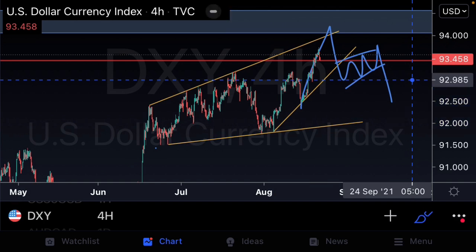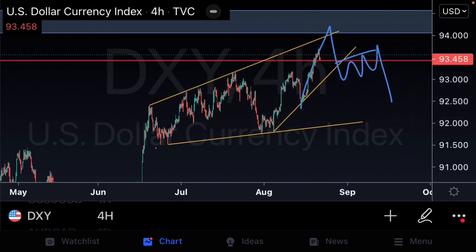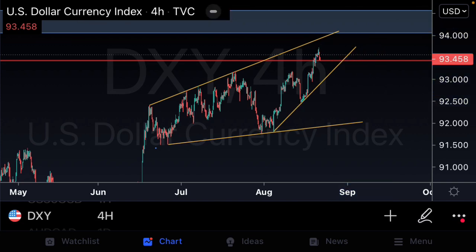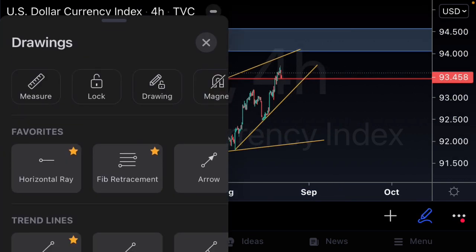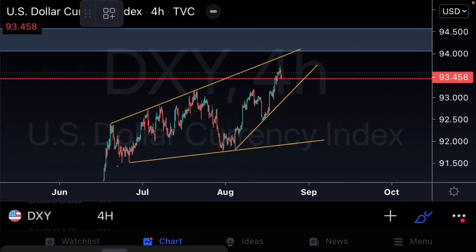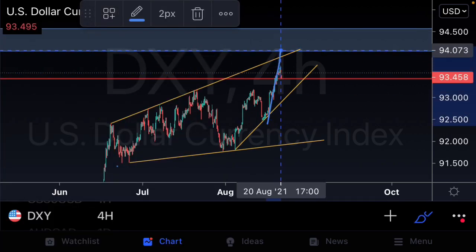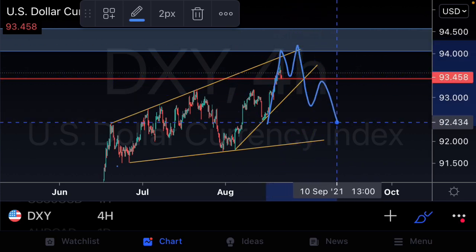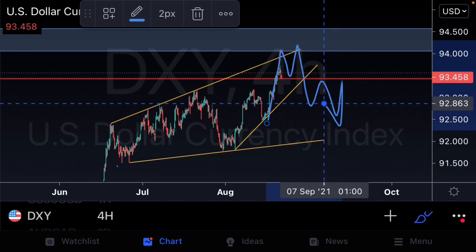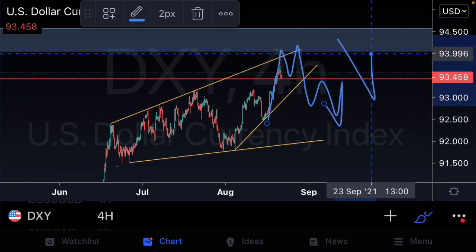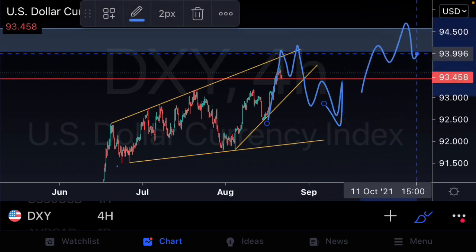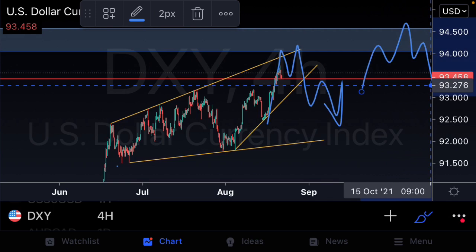So we'll basically just be looking, long story short, guys, on the DXY, we do have a bearish bias based on the structure, but our bearish bias will only give us an entry once this market presents to us a setup that really honestly aligns in the direction that we're looking to trade. So whether that comes in the form of trend being in the direction that we're looking to trade, or whether that comes in the form of a structure that gives us a bearish bias or that confirms our bearish bias,